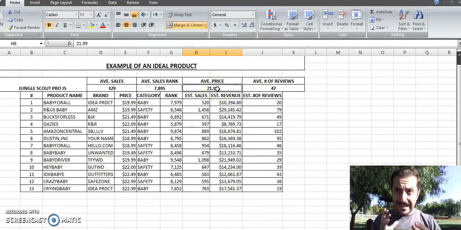Price, I shoot for $18.99, or $18 to like $35-40. So this is perfect. The reason why I don't go over $40 or $45 sometimes even, I don't like to even get to the $50 range is because